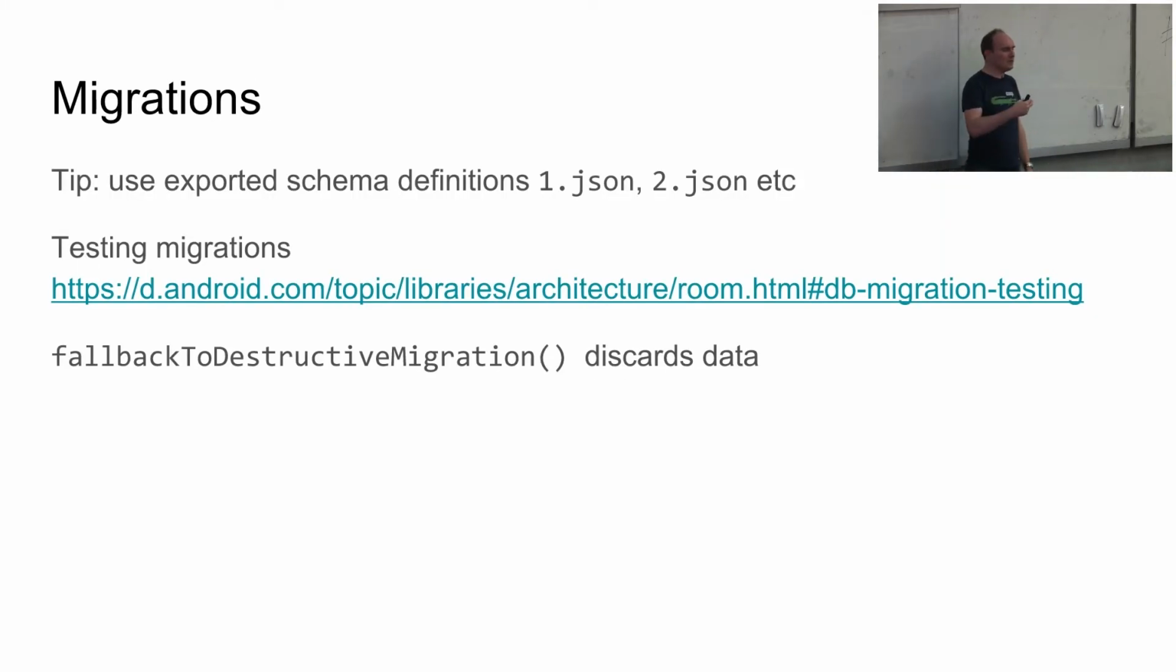And this is where these exported schemas come in. These schemas contain all the information that Room has generated for you, and they also allow you to peek into those files and see what kind of statements Room is using to create these tables. So in practice, you'll probably be saving these files to version control as well, and then you'll know how to